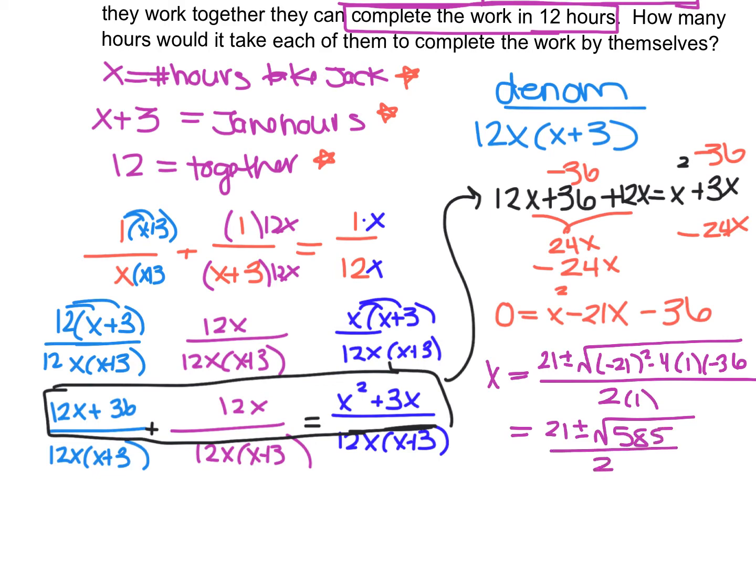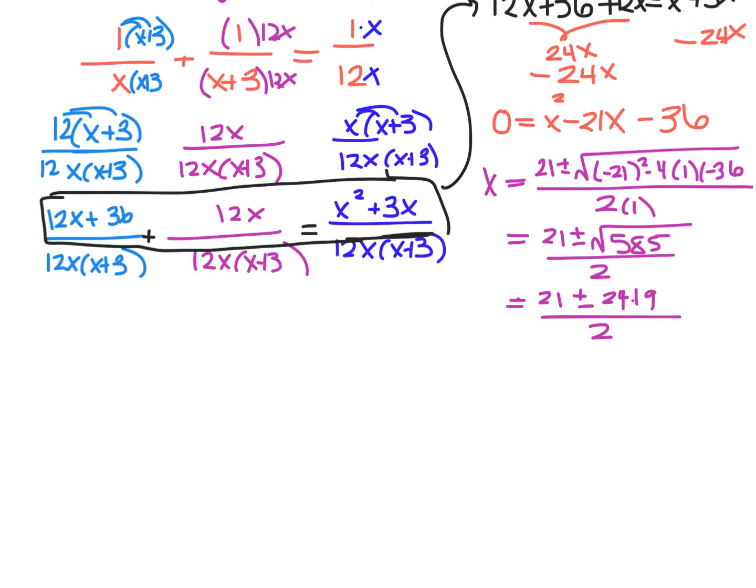If we square root 585, we find that that's 21 plus or minus 24.19, all divided by 2. So then we take 21 plus 24.19, divide that by 2. So I find one option for x is that x equals 22.595, or that x is equal to, if I take 21 minus 24.19, x is equal to negative